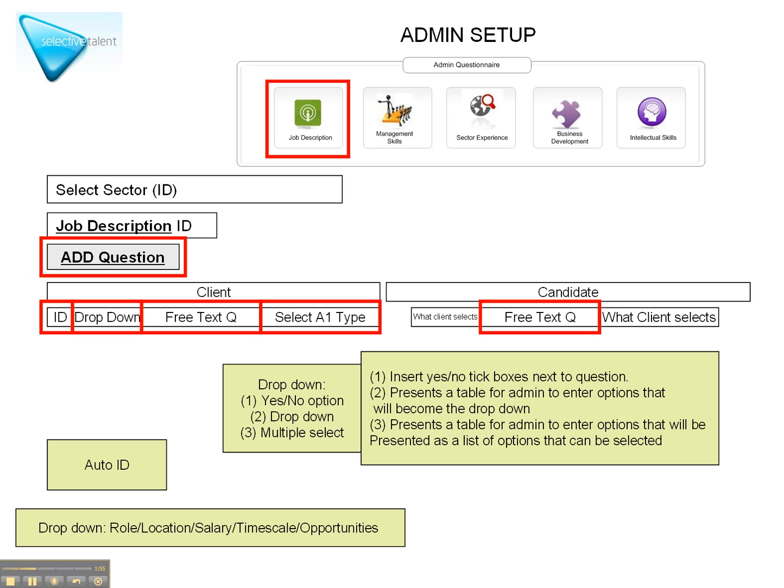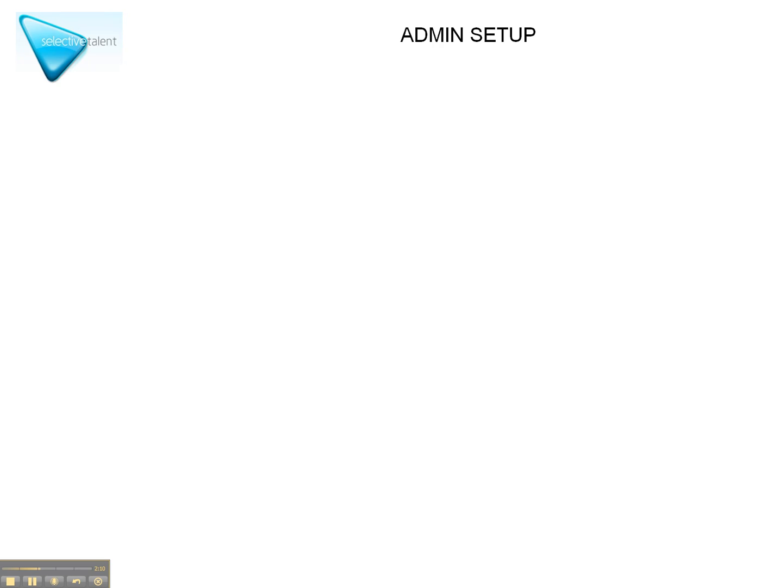Free text in the candidate side, but what we've got on this is that whatever is selected on the client side is populated across in the candidate side there. Whatever is selected there is inserted there when the candidate side. So